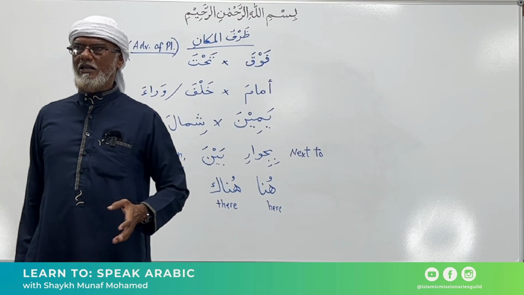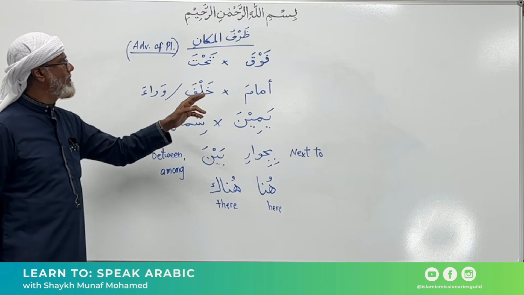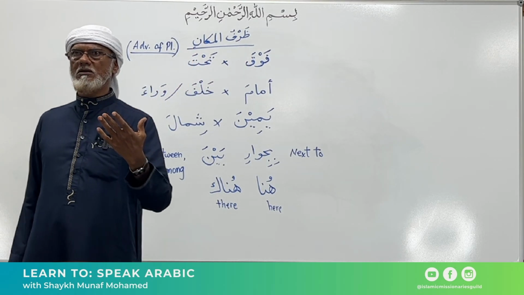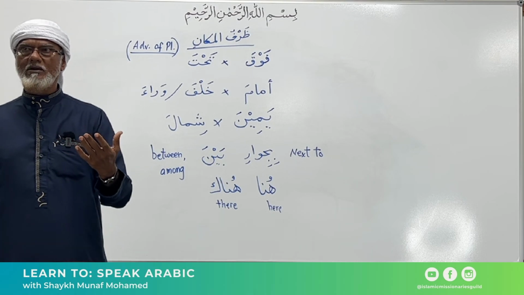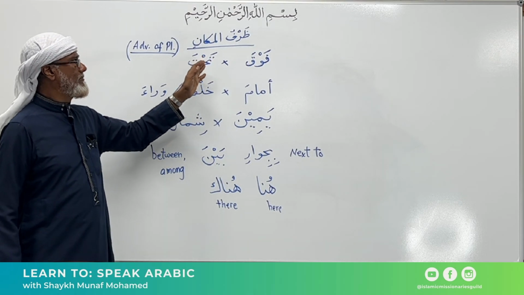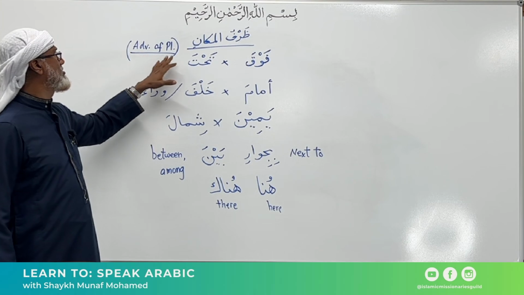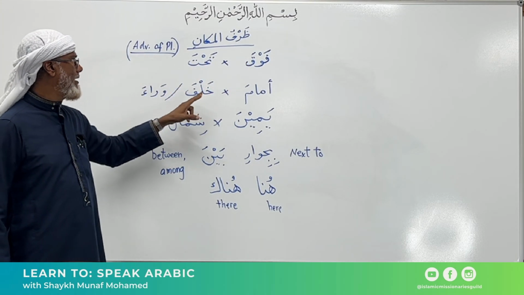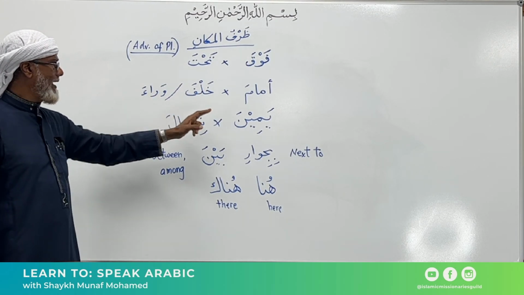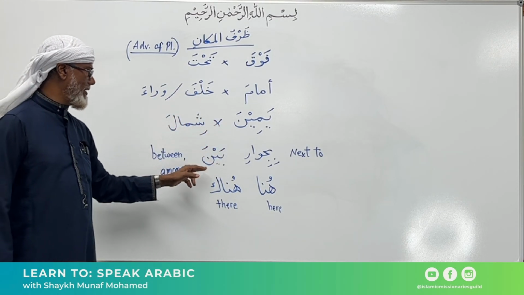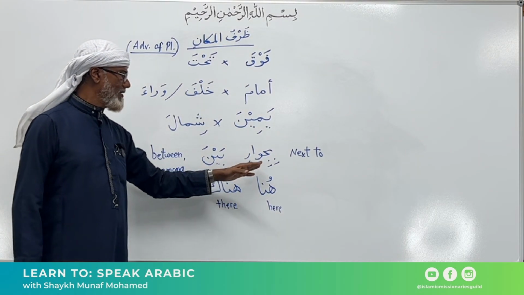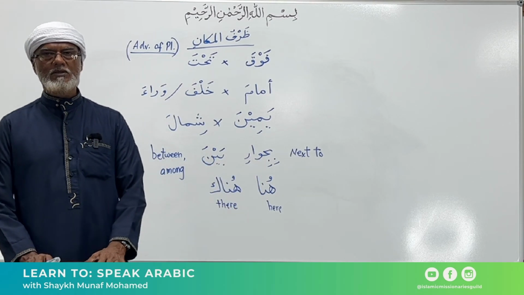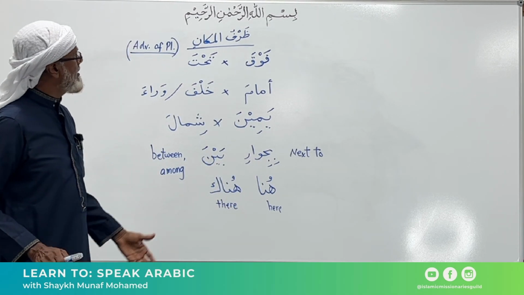All right? And what you would notice distinctly about them, they all have a fatha. So they are not really nouns that carry tanween, but they are adverbs. All right? And they're adverb of place. All right? So فوق, تحت, أمام, خلف, وراء, يمين, شمال, بجوار, بين, هنا, هناك. These three here might be a little bit different, right? So basically, that's it for